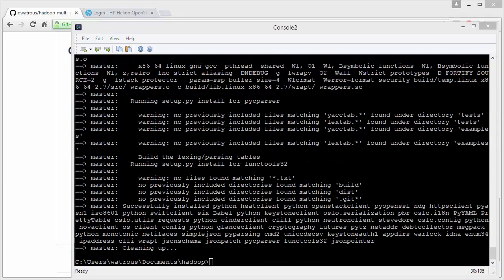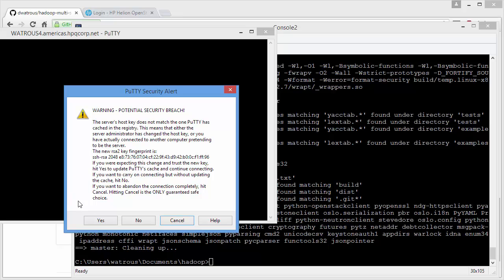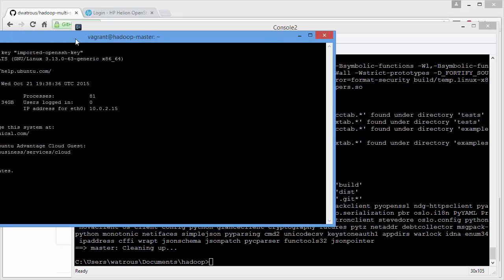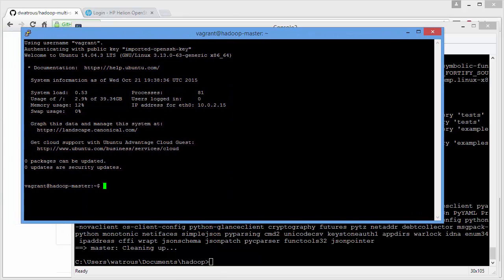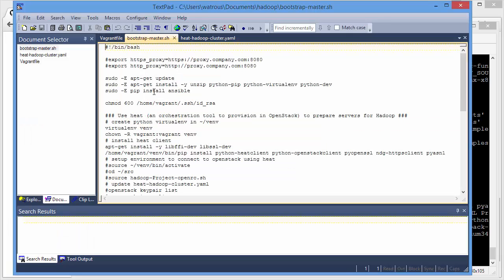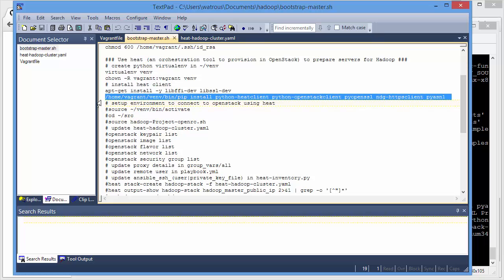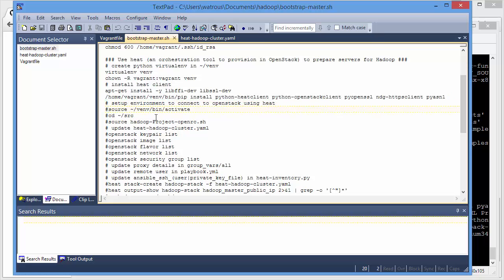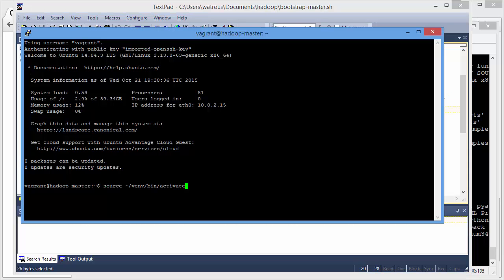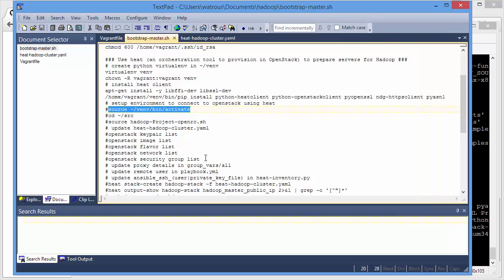With our box built, we now need an SSH session into that server. So this is our local Vagrant server. And for convenience, we'll follow the commented lines in our bootstrap master file. So you'll notice that the virtual environment was already set up as part of the Vagrant up process. And the Heat client and other OpenStack clients were installed as well. So now all we have to do is activate our virtual environment,